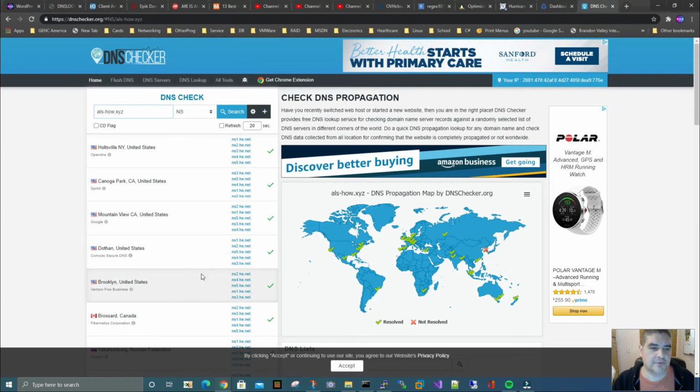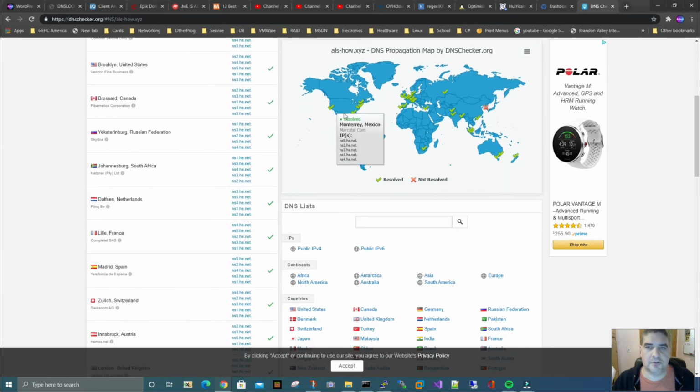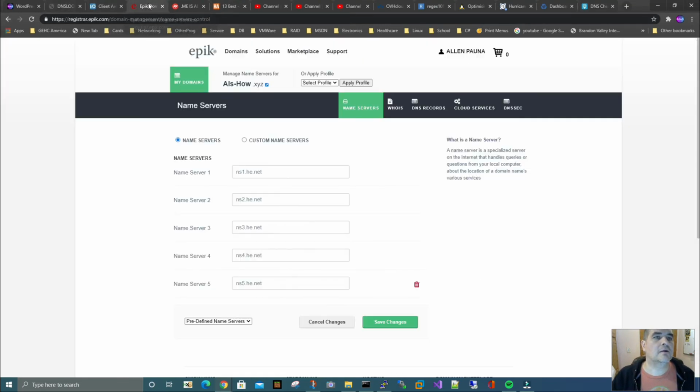Each one of these individuals are different DNS servers in the world, and they kind of point out here where they are. So all that's happened is, by me setting that in the registrar, out here in Epic, this is what started that. So once this got set, it propagated it up to the core servers, which we can look at through